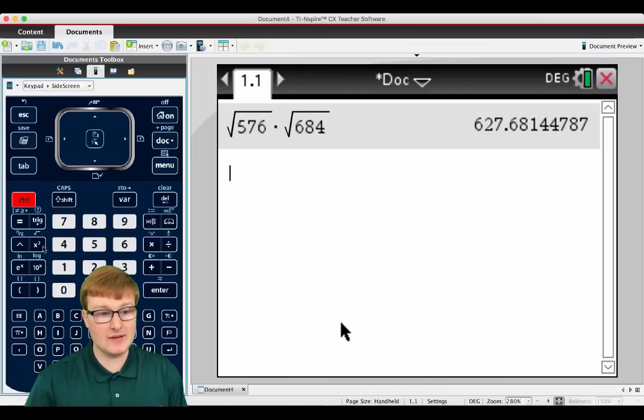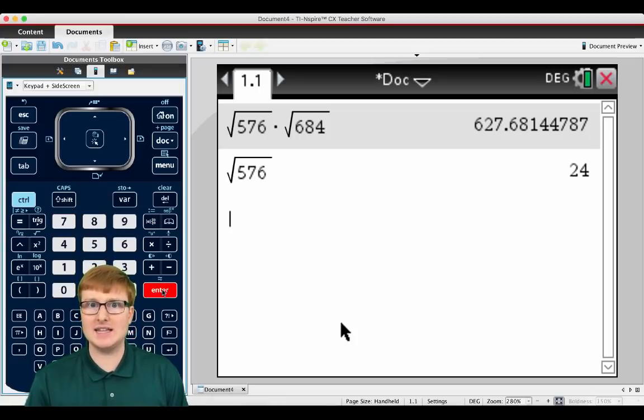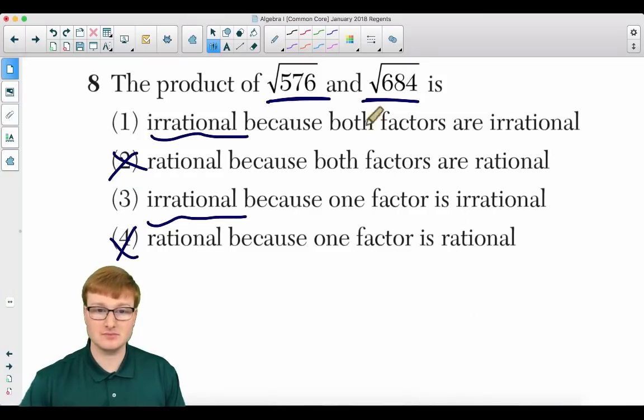The square root of 576. Ooh, that is a positive whole number. That is 24. That is a rational number because it does terminate. It's really just a positive integer. That's all it is, and it terminates. It's rational. So we know for sure that your answer is going to be choice 3 because one of the